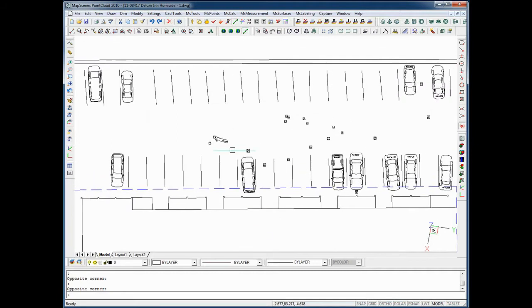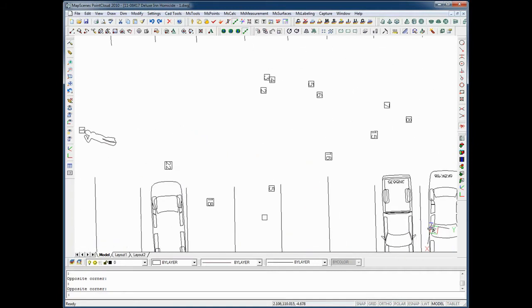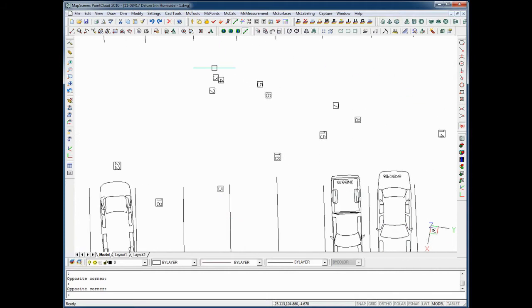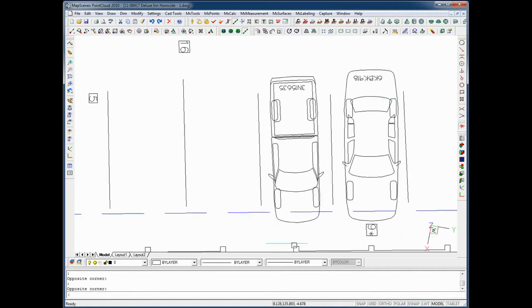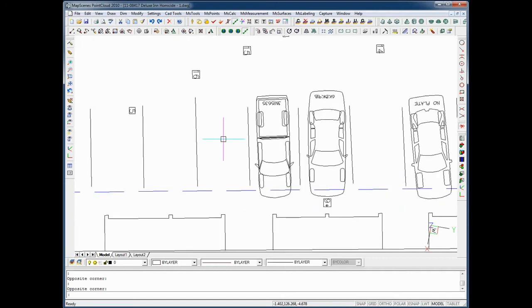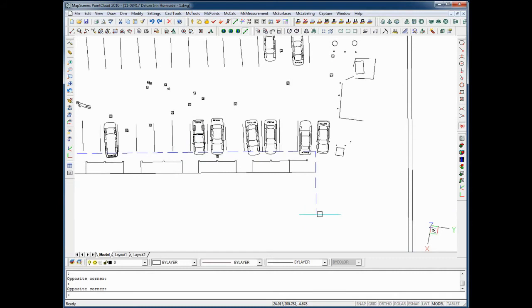You can see the body outline here. The evidence marker is numbered. The line work for the parking lot stalls, the vehicles and tag numbers. The vehicles came from the symbols library. The blue line represents the roof outline, as if you were looking from the top down or a bird's eye view. And the black lines are the outline of the